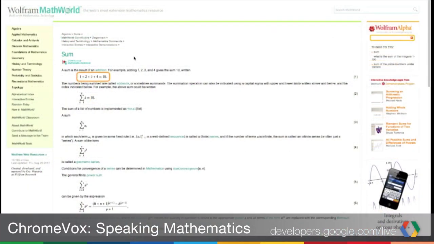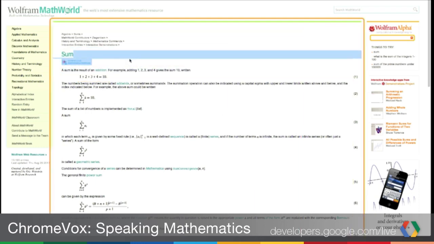From Wolfram Math. And this is MathWorld, which is a particular encyclopedia just for mathematics. And what happens there is that you have the mathematics given as image only, always. However, you also have alternative text, and in that case, it's ASCII math. And we can leverage this ASCII math in order to pronounce it. And just to show you that the math expressions here are indeed images,